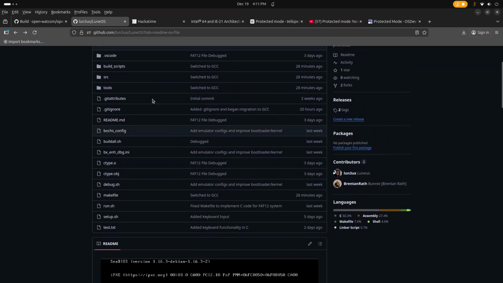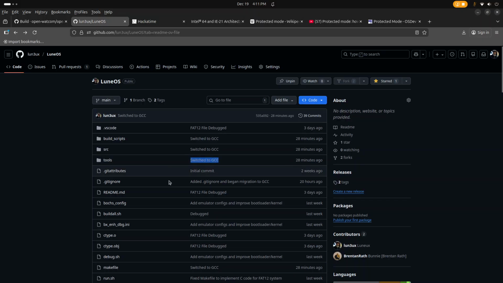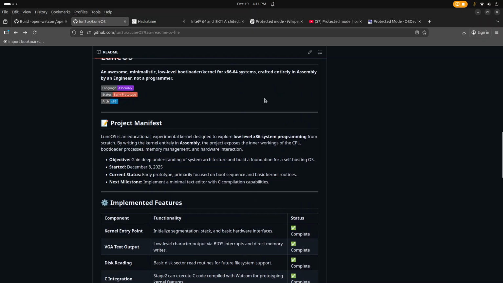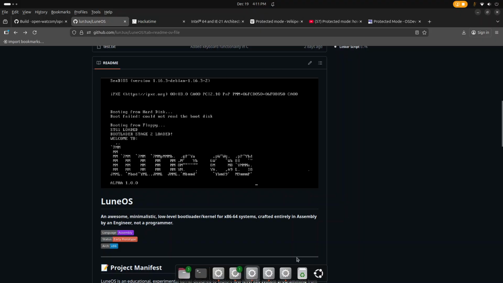Once I finish switching to GCC, I'm going to start working on the kernel. So that's going to be after this section, right? It's not even planned yet. I might have to update that, but very exciting stuff. I'm really excited.